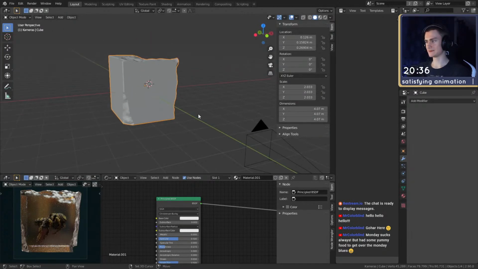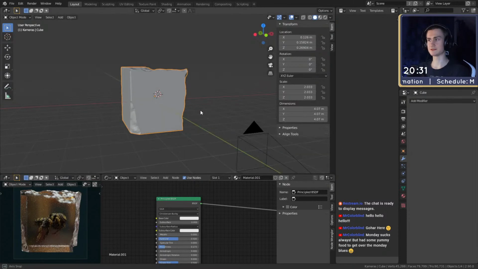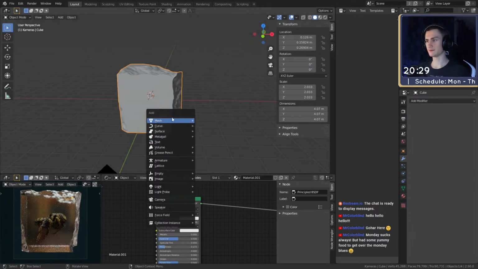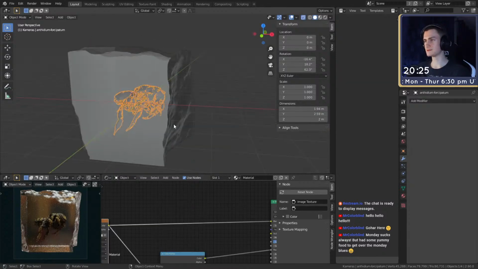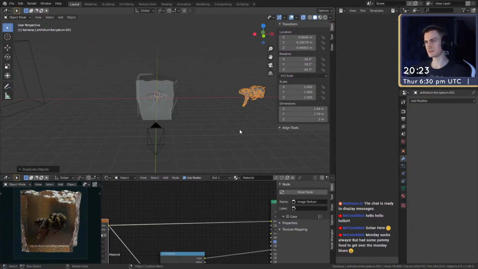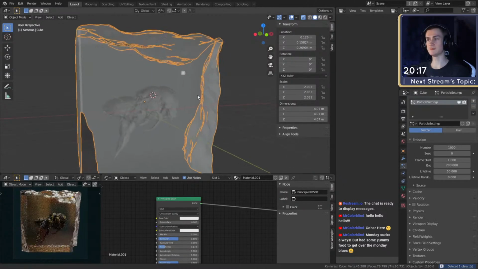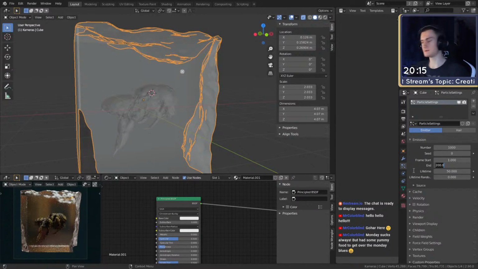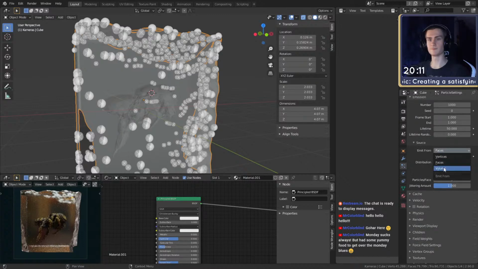Okay, so I want to bring in some more stuff in there. So I just go in here. For example, what we could do, we could do something interesting. Let's use this B, duplicate that to the side. We could, we don't even need that. We just go in here and then say make a new particle simulation. Put the frame start and end to 1 and the source to volume.